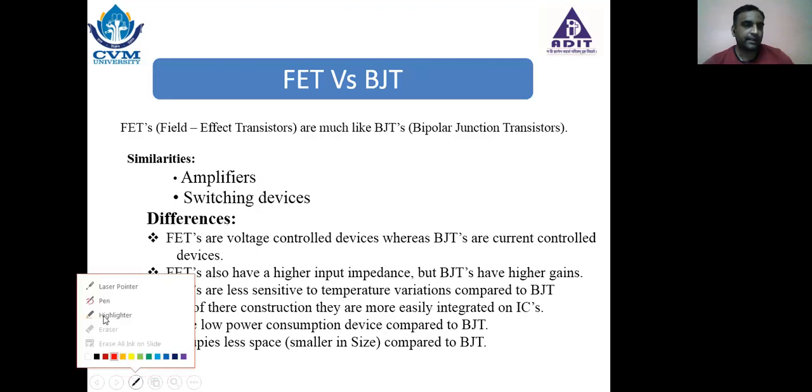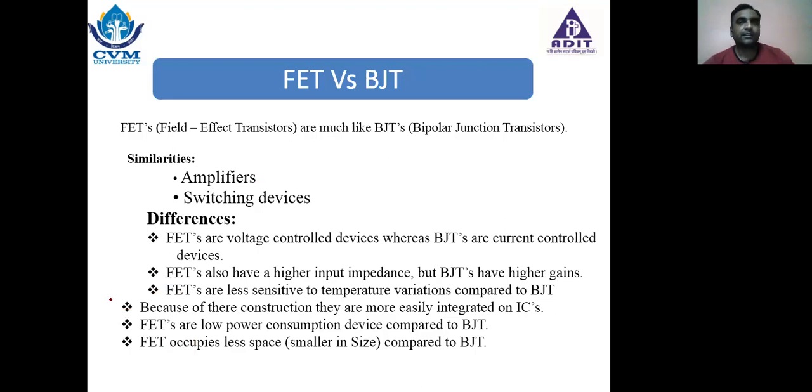As I said earlier, FETs are the advanced version of the BJT, so they have the same usage. That means FETs are also used in amplifiers. FETs are also used as a switching device, that means it is used as a switch. So field effect transistors are used in amplifiers, and they are used as a switch to turn on or off, an automatic, controlled switch.